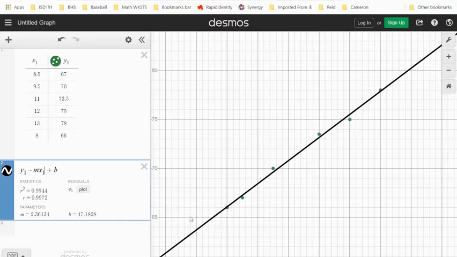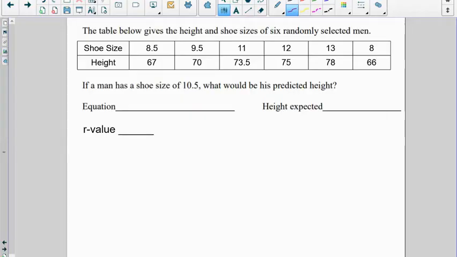When I do that, it draws my trend line for me so I can see it a little bit better. And it also gives me the numbers that I need down here. The R value is listed, not R squared, but just R equals 0.9972. That's one of the numbers that I need. So our value was